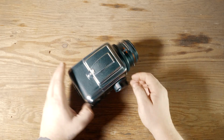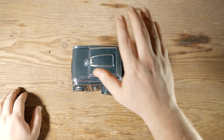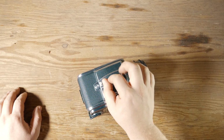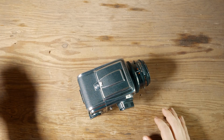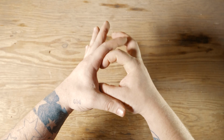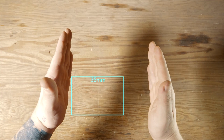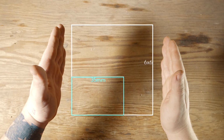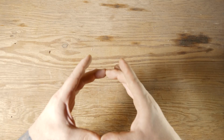The Hasselblad. Ooh-wee. We have talked about this before, so I'm gonna talk really quick about it. Medium format instead of, these have all been 35mm cameras. This is a medium format. A 35mm is only, you know, like this big, and then a medium format is this big. So you get a really big negative, which means if you're blowing it up, you get, hold on,